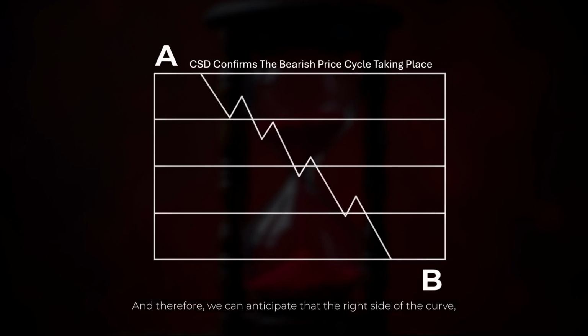And therefore we can anticipate that the right side of the curve, which is in this case the sell side of the curve, is going to pan out, where you have seen the left side of the curve being the buy side of the curve. Within these schematics, I've only shown the right side of the curve, but I anticipate that if you have studied the prior lectures, which I've outlined throughout this model series, and you have also investigated charts, you should be able